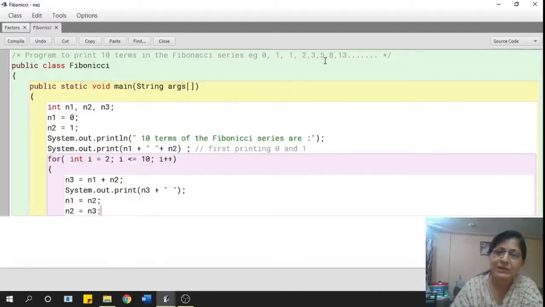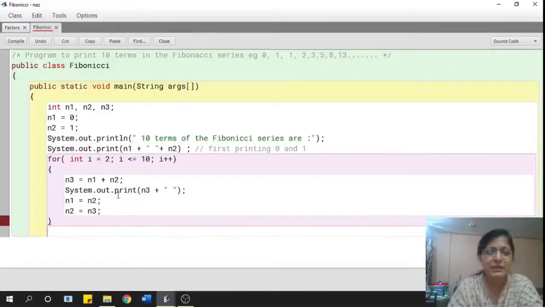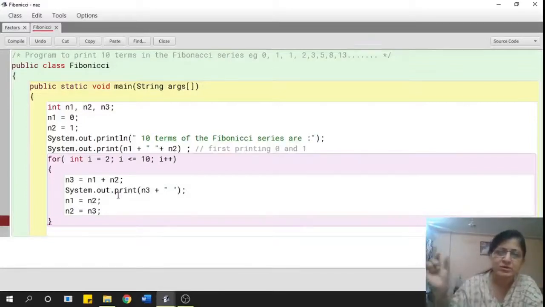So 1 plus 2 will become 3 and it will print 3, and so on. So I will get my series in this case. Remember, children, whenever you are doing this, take a pen and paper, and on the paper keep 3 slots. Since we are using 4 variables here, n1, n2, n3 and i, you keep all the 4 variables there and check what the initial values will be, and keep an output area. What is it going to print?